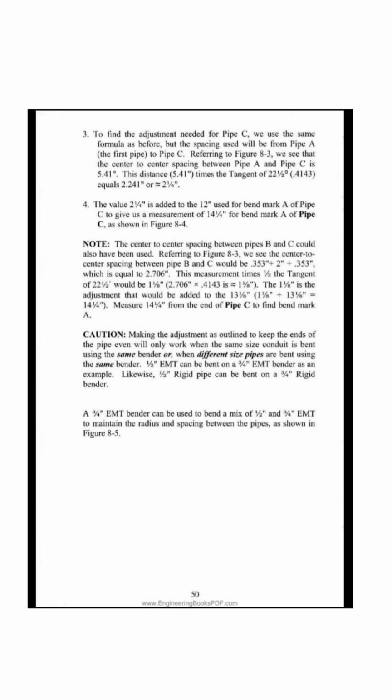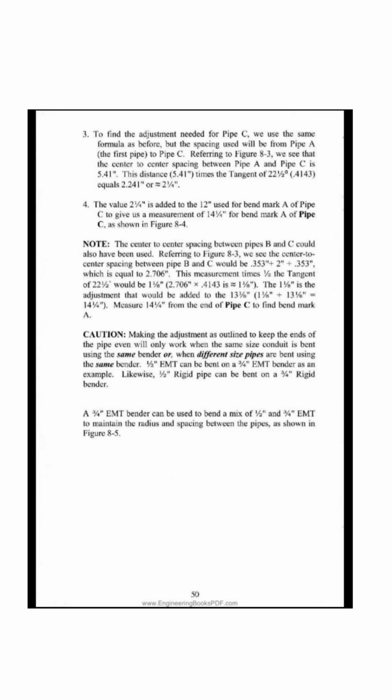4. The value 2 1/4 is added to the 12 inches used for bend mark A of pipe C to give us a measurement of 14 1/4 for bend mark A of pipe C, as shown in figure 8-4. Note, the center-to-center spacing between pipes B and C could also have been used. Referring to figure 8-3, we see the center-to-center spacing between pipe B and C would be 0.353, plus 2, plus 0.353,